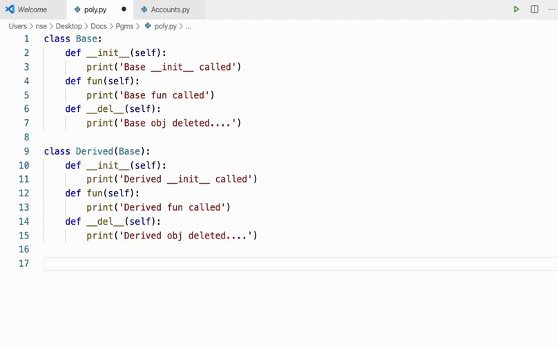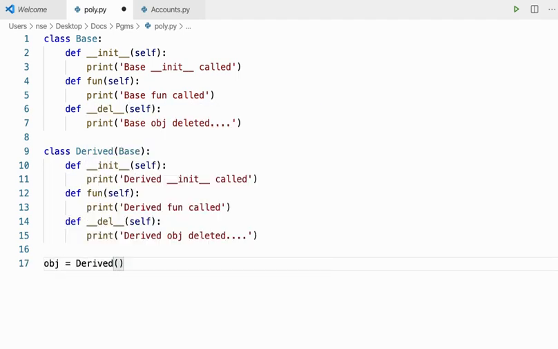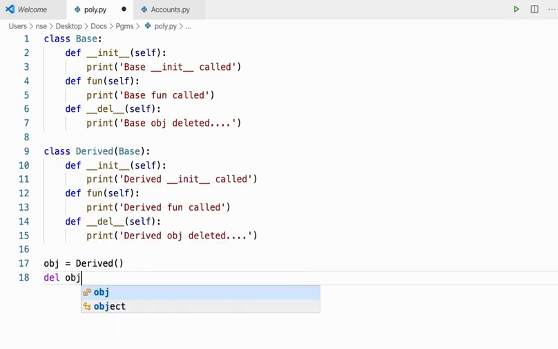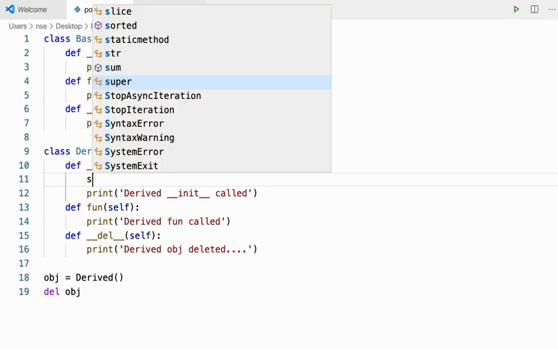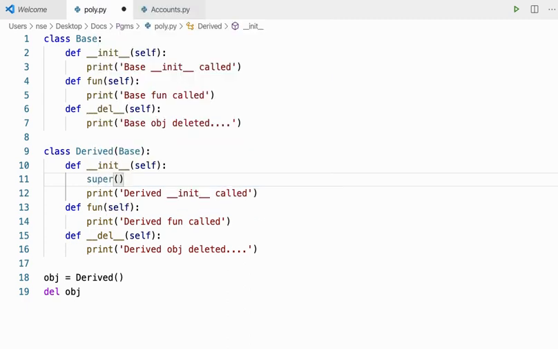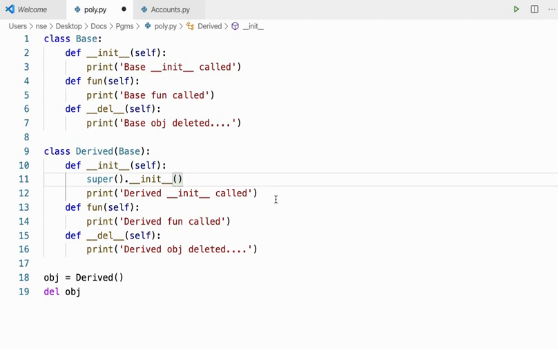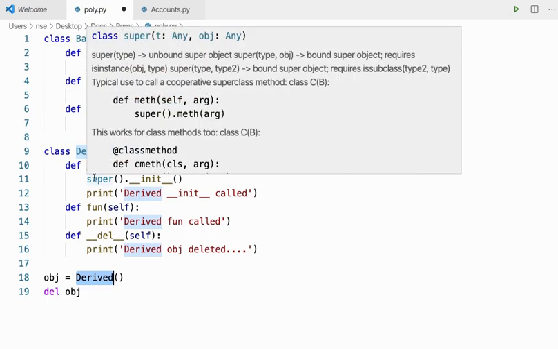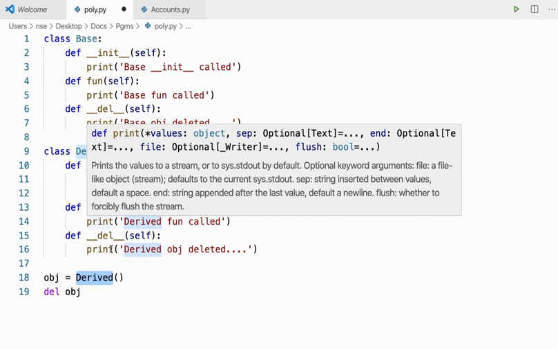So let me create an object first to make you understand what's happening here. I'll say derived, right? And let me say del obj, right? So when a constructor or an init method must be called, first it should call the base class constructor. That is the procedure that we need to follow, right? So whenever an object is created for the derived class, it directly goes to the derived class init method, and from there I may need to call the base class init method, and then it comes.